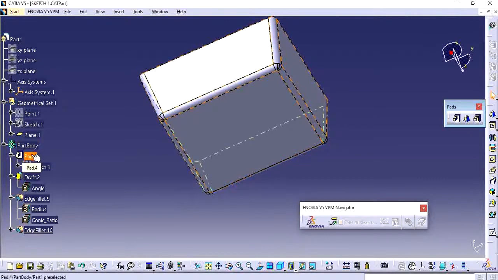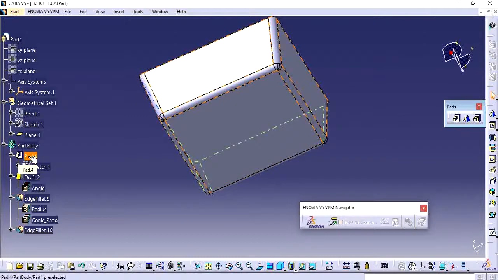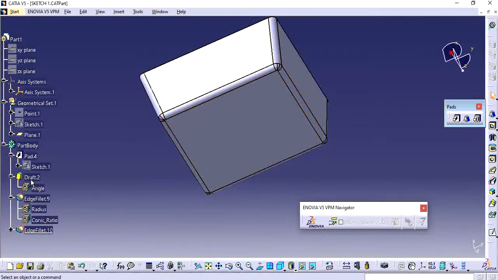So this is the method we are following for drafted filleted pad. So initially if you see this pad, you will get only one operation. So here this many dressing up features got added.